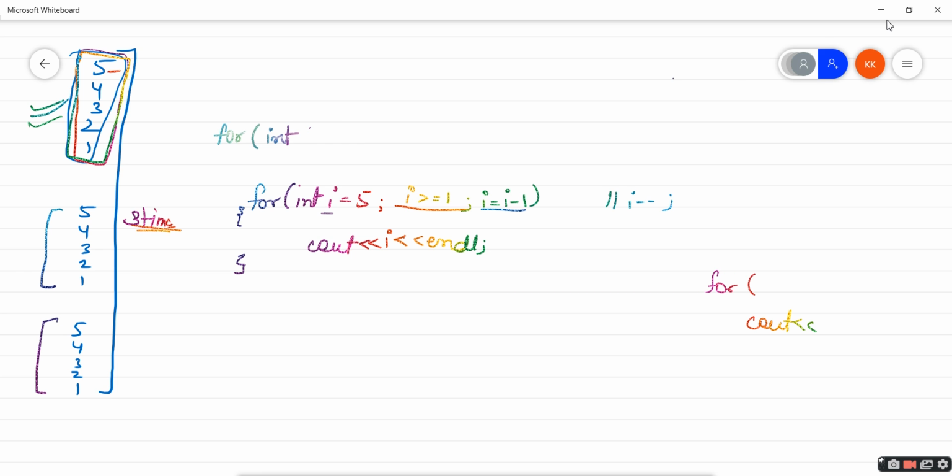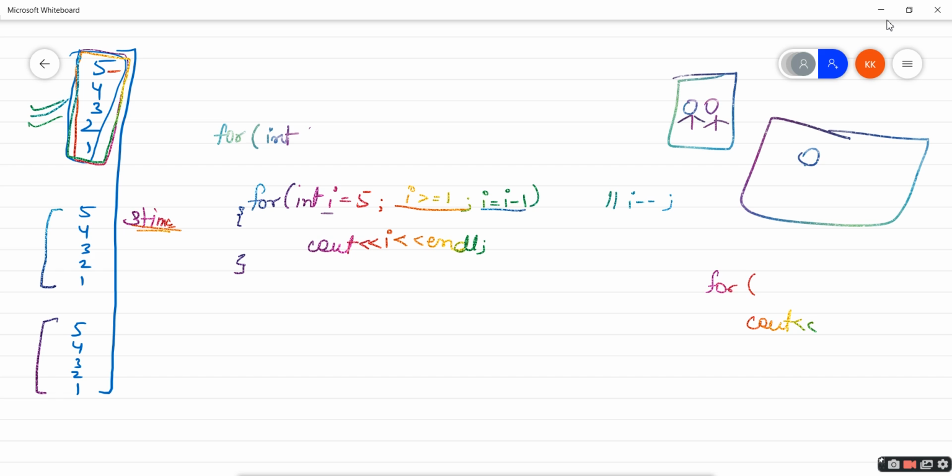In a particular house it will be quite confusing, two persons with the same name, right? But in the world, one name can be associated with so many people, right?